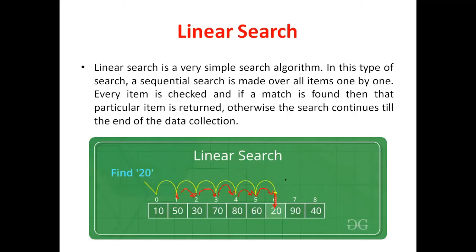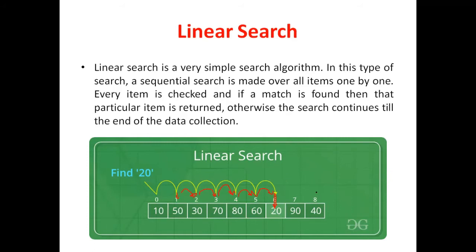Sometimes in the examination, or somebody can ask you in the viva as well, what are the various advantages and disadvantages of linear search. Basically, the main advantage of linear search is that it works on both sorted data as well as unsorted data. The second advantage of linear search is that the algorithm and program are very easy to understand. But the disadvantage is that it is a time-consuming process.